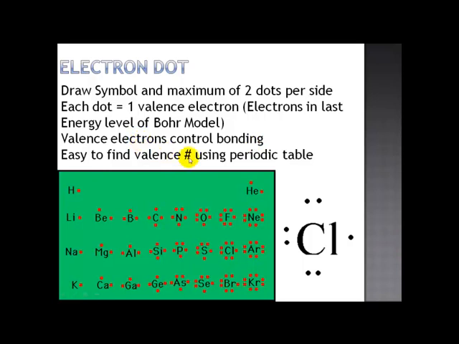It's real easy to find the valence number if you use the periodic table. If you look at elements that are in group 1, like lithium and sodium and all these guys, they all have 1. Elements in group 2 all have 2. Elements you find, boron, all these guys, group 13 has 3, group 14, 4, 15, 5, group 16 running down your periodic table, 6, group 17, 7, and group 18 will